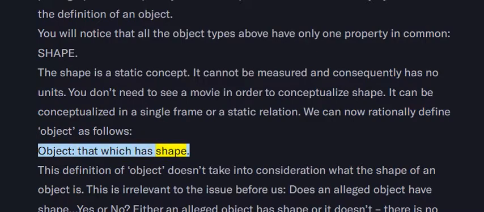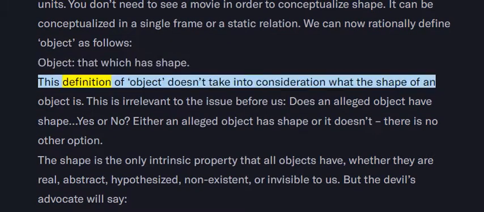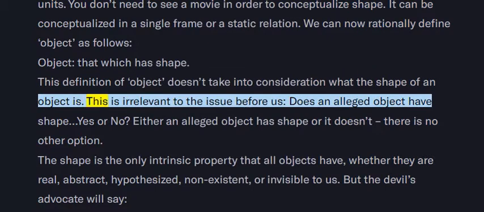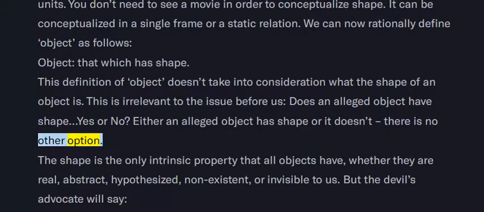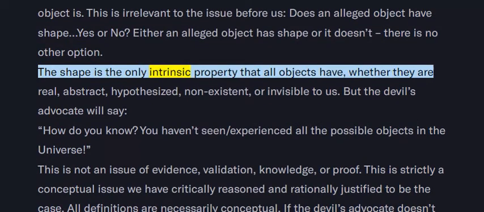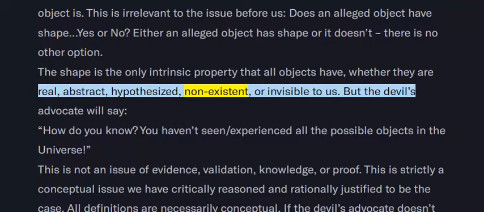Object, that which has shape. This definition of object doesn't take into consideration what the shape of an object is. This is irrelevant to the issue before us. Does an alleged object have shape, yes or no? Either an alleged object has shape or it doesn't, there is no other option. The shape is the only intrinsic property that all objects have, whether they are real, abstract, hypothesized, non-existent, or invisible